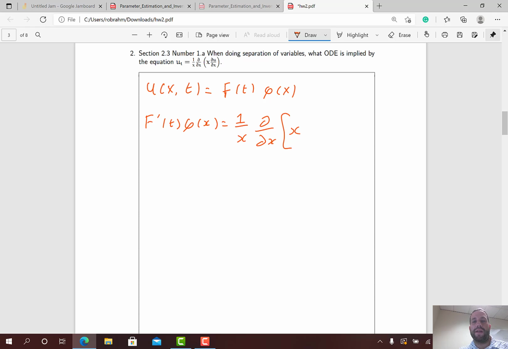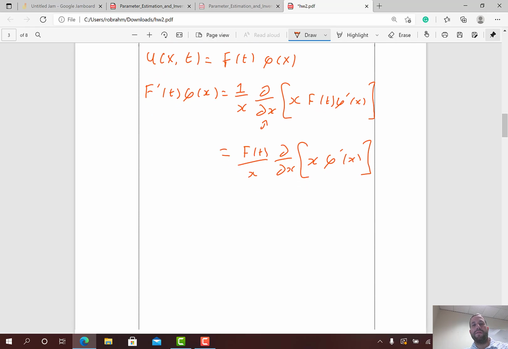So the derivative of u with respect to x is just going to be f(t) times phi'(x). Why? Well, u is f times phi. Phi is a function of x, f is a function of t. So when I take the derivative of u with respect to x, I'm just going to get f times phi', similar to the fact that the t derivative is just f' times phi. Now f(t) is a constant as far as x is concerned, so I don't have to worry about it and I can pull it out, and I've got f(t) over x times the partial derivative with respect to x